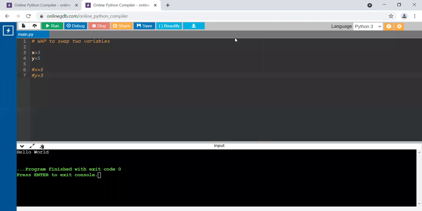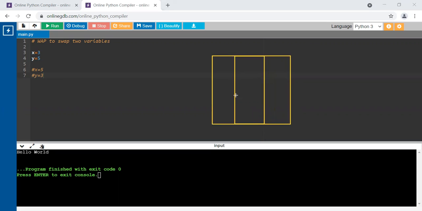Now, let's have a look at a table I'm going to make right over here. First we'll discuss the logic, what exactly we are trying to do and how we can achieve it. This is the memory table I'm drawing simply, which will keep track of variables and their values. All right. So we already have two variables. We have already created and initialized two variables.